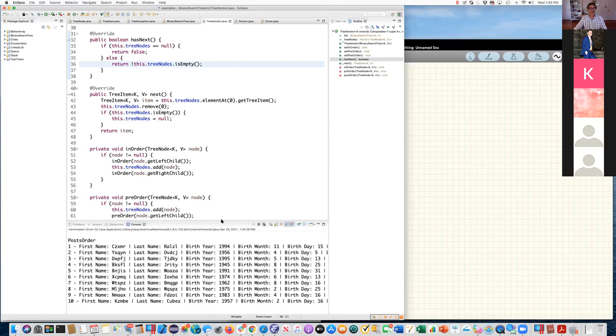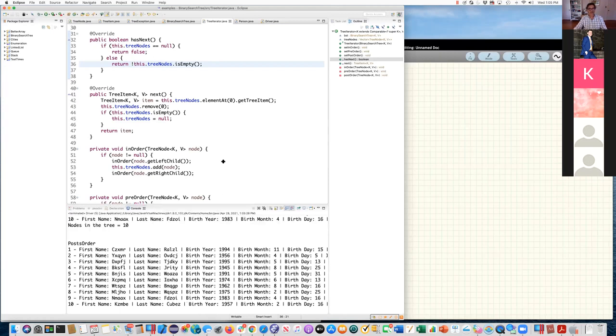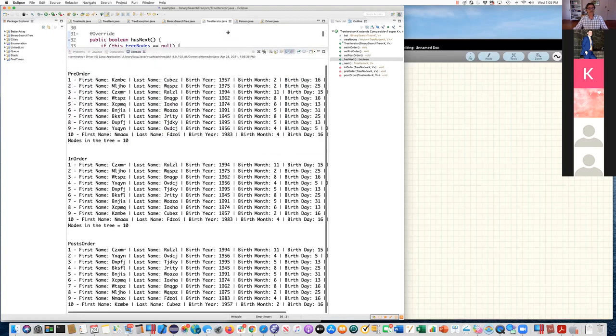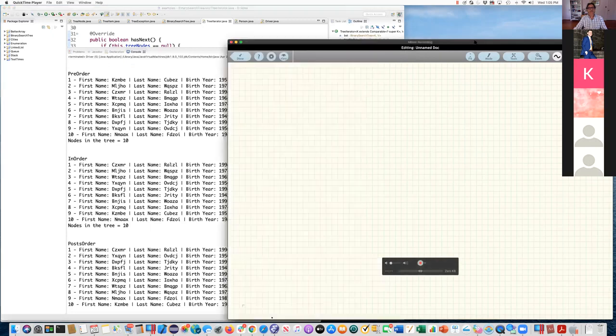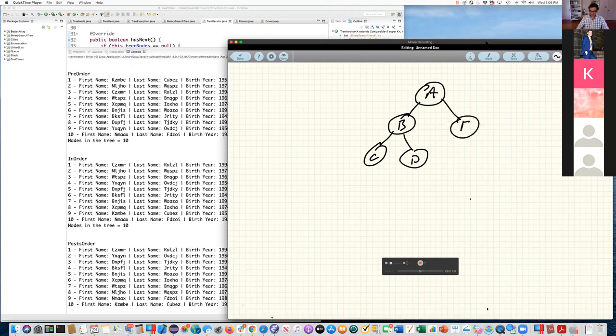the algorithm, I'm inserting 10 people into the tree, and these are the traversals of the 10 people in the tree. So how can I look at this and say, what does my tree look like? Well, remember that when we are doing a pre-order traversal, if I have a tree that is like this, forget that it's sorted, D, E, F, and G.